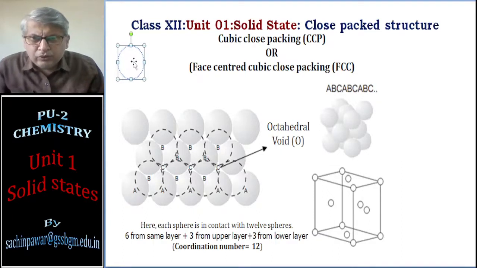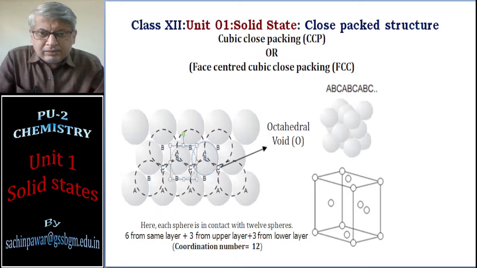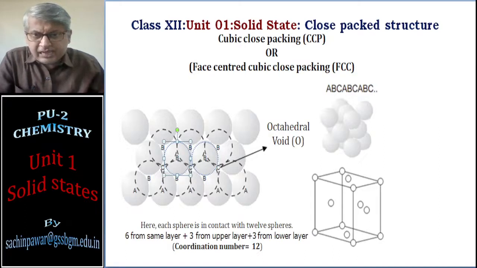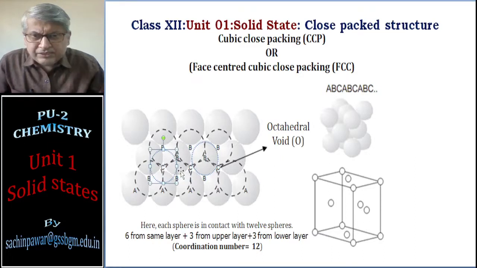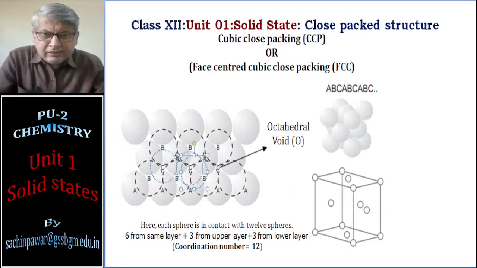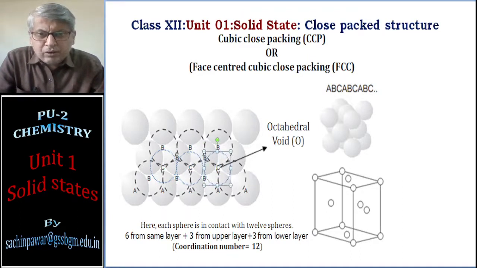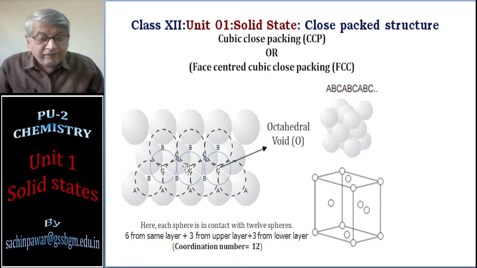Okay, so if I want to place the third layer of particles on octahedral voids, I am placing the third layer on C voids. So let us place it on C voids. I will place the first particle on C void, then the second particle on C void, and then the third particle on C void, and so on. You see, the tetrahedral voids of the first and second layer cannot be occupied, and this kind of arrangement is referred to as,